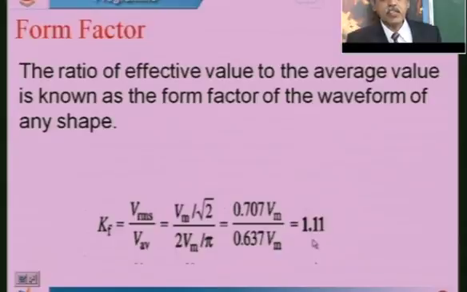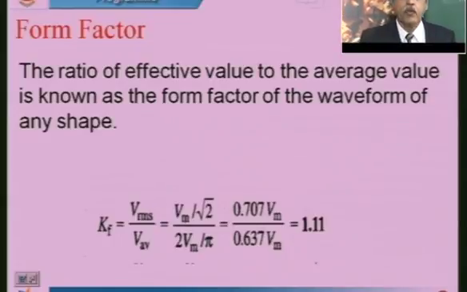Any waveform which has a larger form factor will produce a large amount of energy wasted during the flux reversals when I am applying that voltage to a magnetic circuit. That is, the waveform with larger form factor produces more amount of hysteresis loss. This is the magnetic property of the magnetic material.